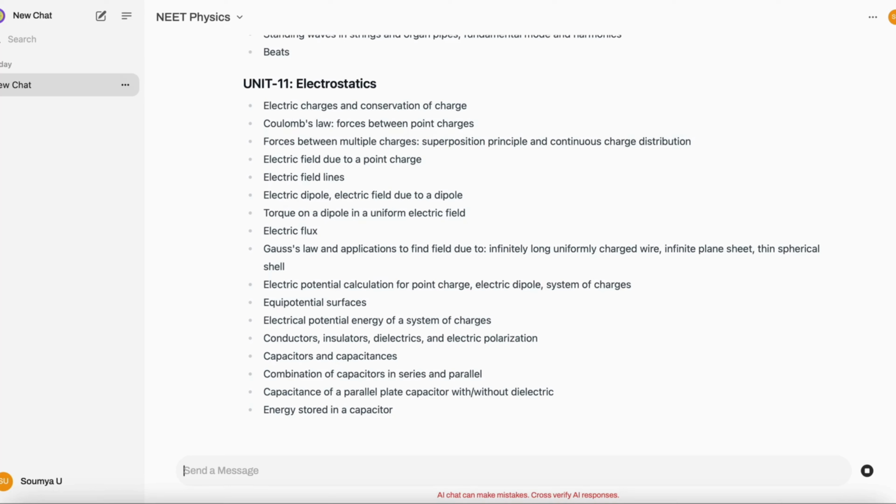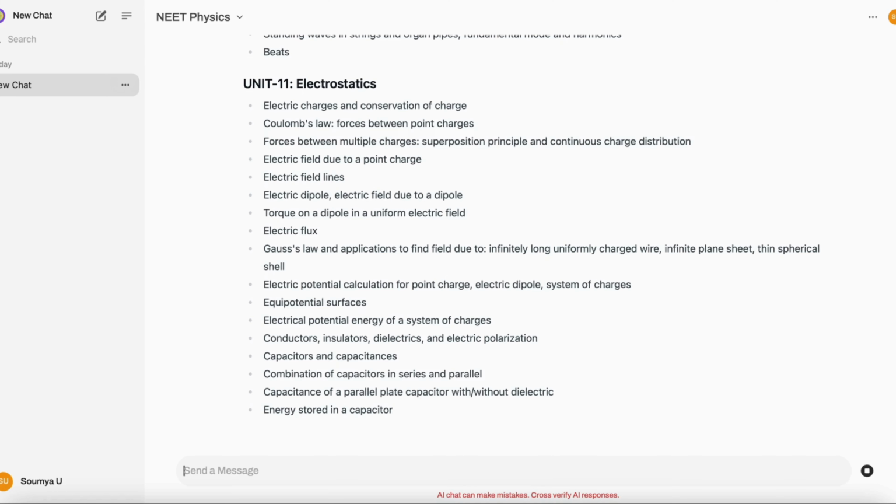infinite plane sheet, thin spherical shell, electric potential calculation for a point charge, electric dipole, system of charges, equipotential surfaces, electrical potential energy of a system of charges, conductors, insulators, dielectrics, and electric polarization, capacitors and capacitances, combination of capacitors in series and parallel, capacitance of a parallel plate capacitor with and without dielectric, energy